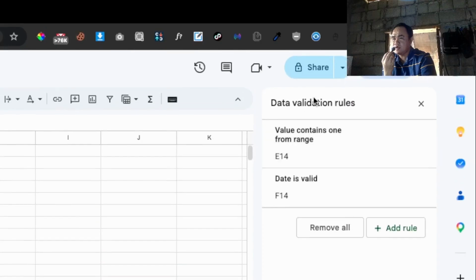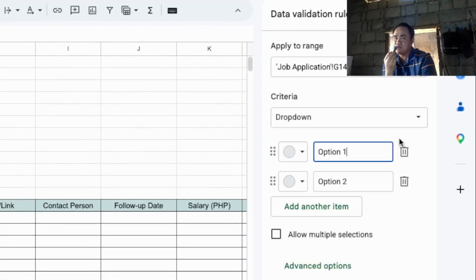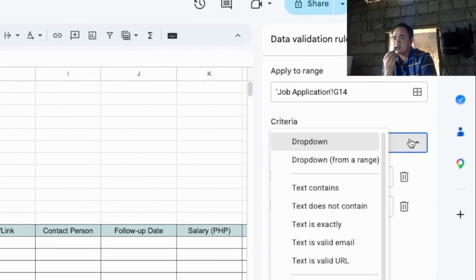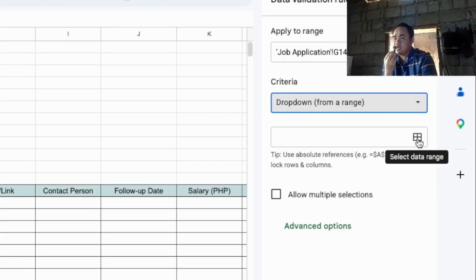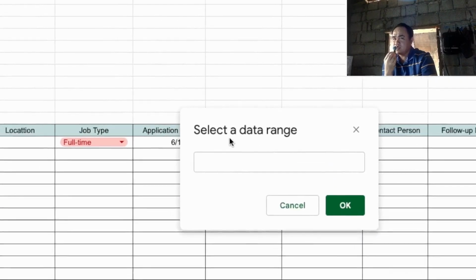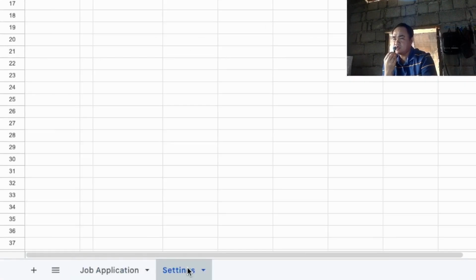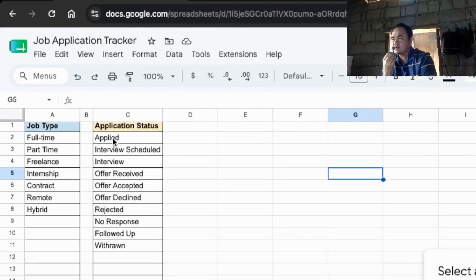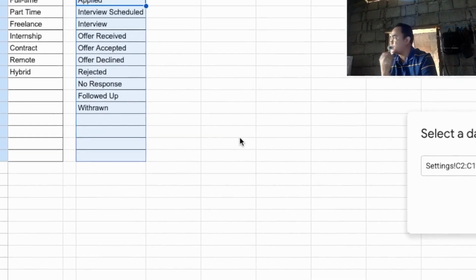And then on the right, you can see the data validation rules, and then go to add rule, and then criteria, change this from drop down to from a range, and then select data range, and then let's leave this select data range window floating, and then go to settings, and then select this cell from C2 up to the last border that we have created.